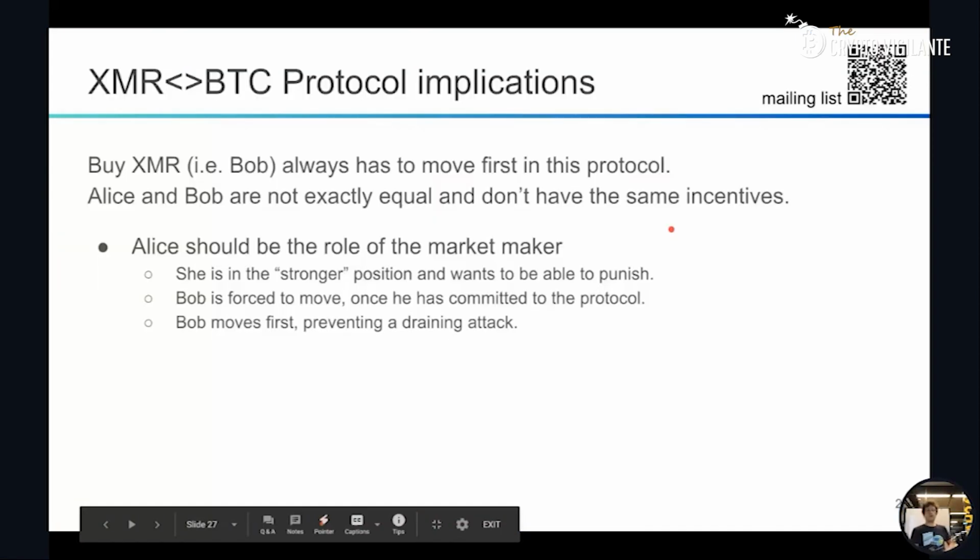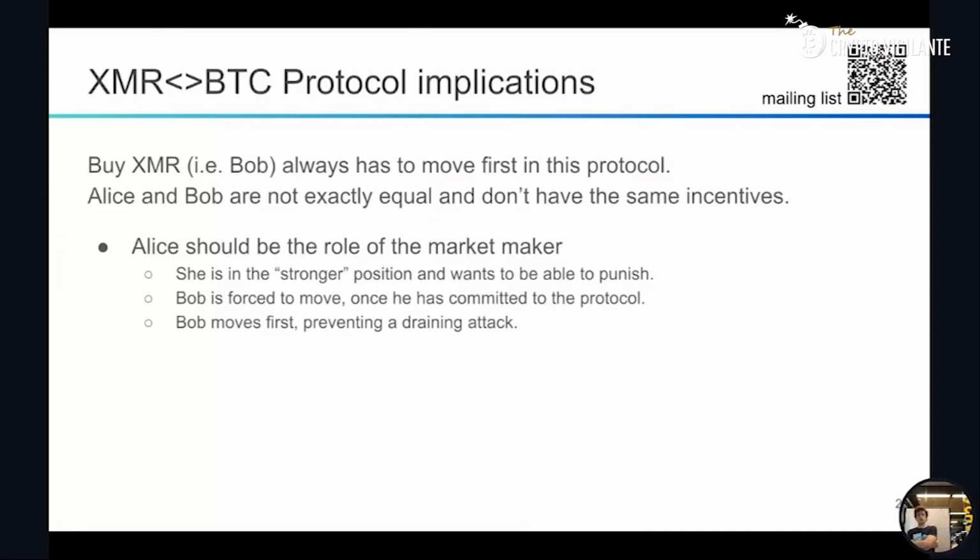Outlook. This protocol has certain implications. As you could see, there's a lot of things going on on the Bitcoin side, and the different cryptographic roles, as in Alice and Bob, have different incentives on moving. There's a certain tendency towards the buy XMR side, as in Bob buying XMR for his Bitcoin, always has to move first, and Alice